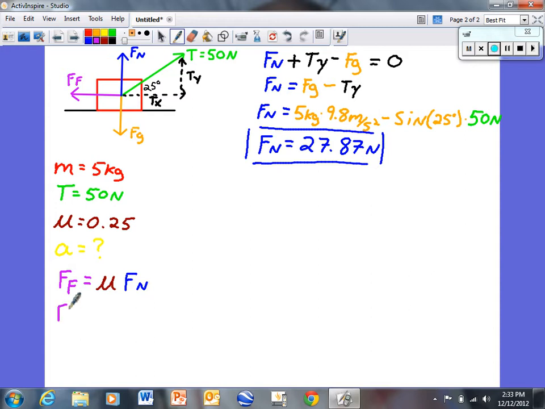Now we know both of those. Our force of friction is going to equal the coefficient, which is 0.25. And that's going to be multiplied by our normal force, which is